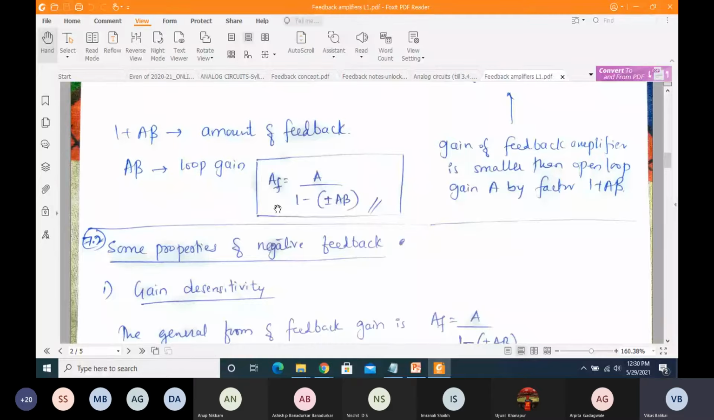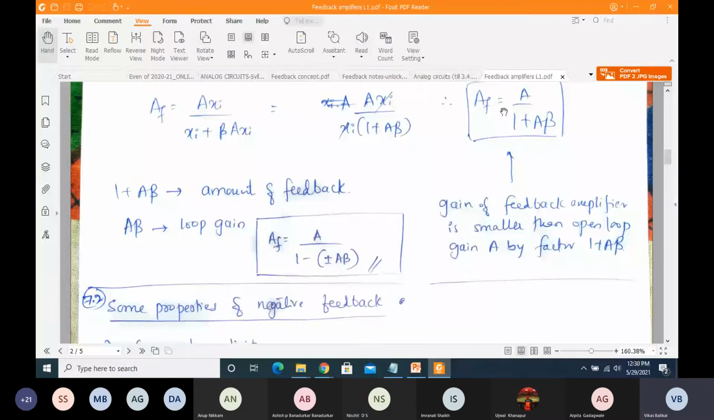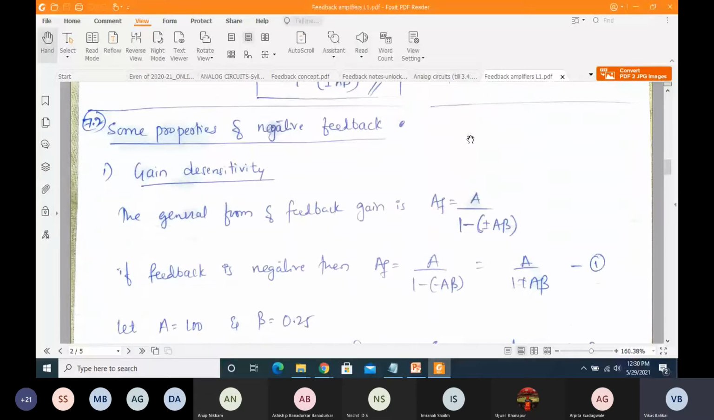And the general expression will be A divided by 1 minus A beta. If A beta is positive, then it is acting as an oscillator. So my expression becomes A divided by 1 minus A beta. Now in the present case A beta is negative, so minus A beta. So minus minus will be plus. And that's the reason A divided by 1 plus A beta will be my feedback representation, or feedback gain, of